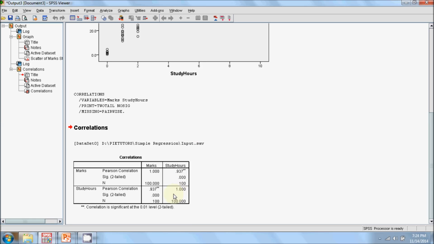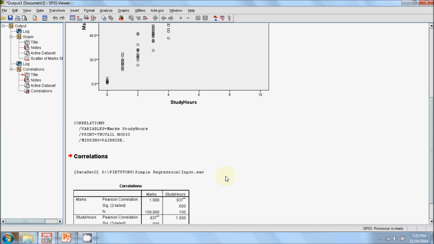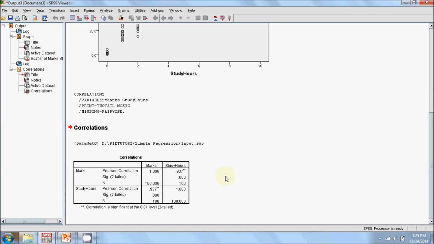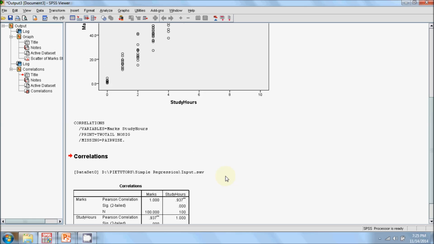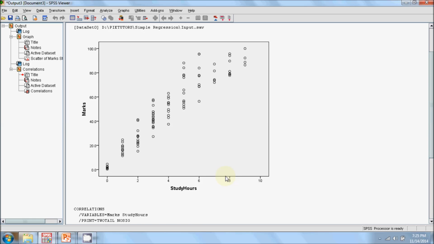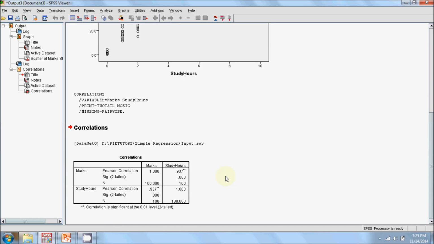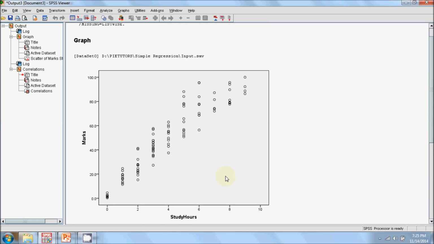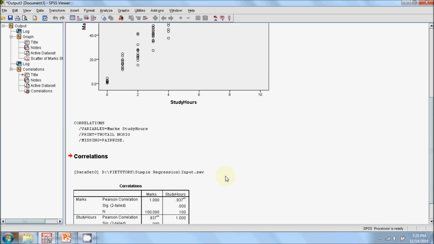Okay, so the correlation coefficient between study hours and marks obtained in the qualifying examination indicate that the strength of relationship is 0.937. The magnitude of the correlation coefficient, which varies between -1 to 1, indicates how strong is the relationship between the variables, whereas the sign of the correlation coefficient indicates the direction of relationship between the variables.